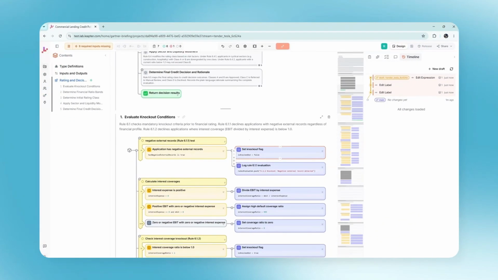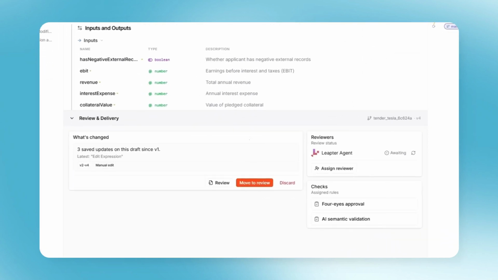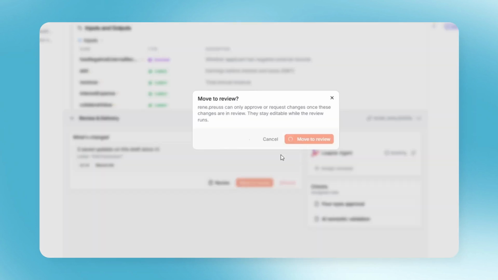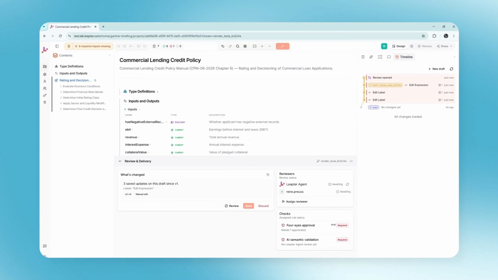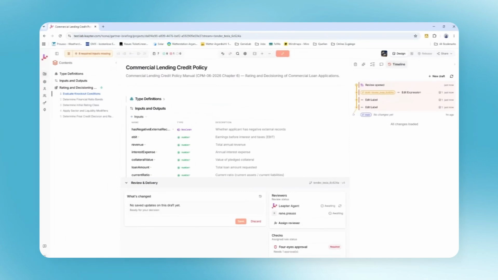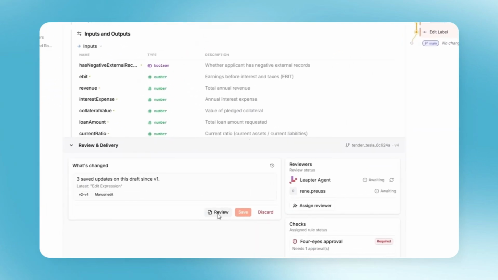Now I want to bring the changes from my stream back to main, so I start the review process as defined in project settings. For the manual review, I first need to assign a reviewer and then request an approval for my changes. Depending on my setting, I can now see which reviews are pending. When I switch to my colleague's browser, he also receives the review dialog and starts his review process.